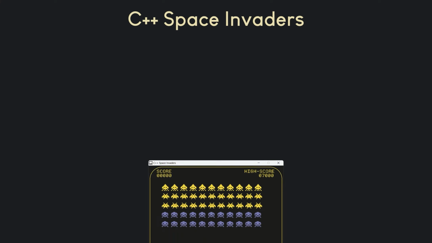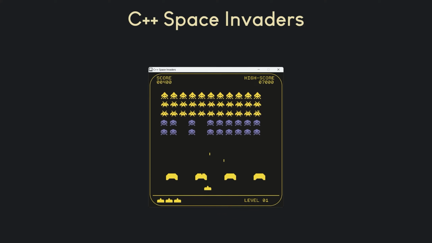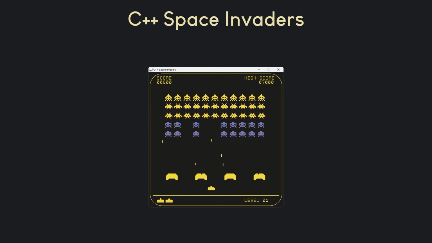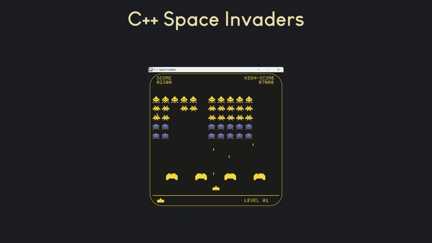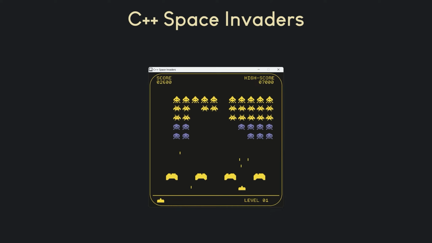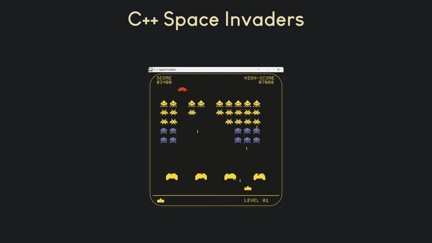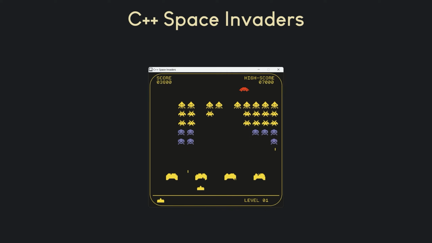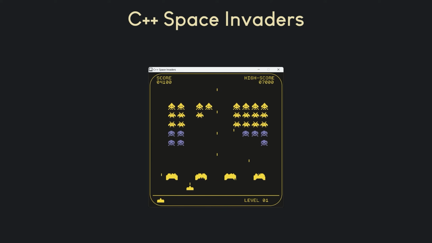In this tutorial, I'm going to show you how to build a Space Invaders game clone in C++ with Raylib. In order to be able to follow this tutorial, I expect you to have a basic knowledge of the C++ programming language and a development environment for C++ already installed. I am going to work with Visual Studio Code. Lastly, we are going to need the Raylib library.